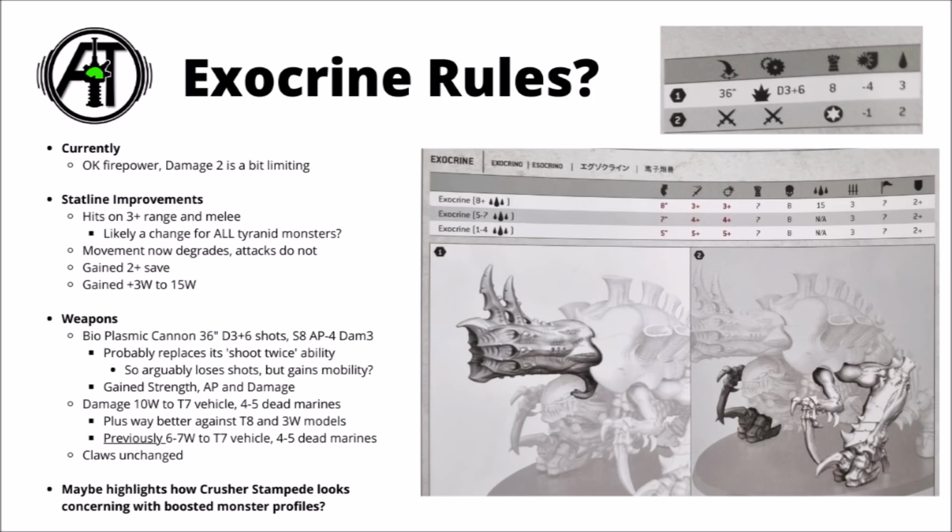Weapon-wise, it's armed with a bioplasmic cannon, 36 inches, D3+6 shots, strength 8, AP-4 and flat damage 3. Previously it had 6 shots or 12 when it was stationary, strength 7, AP-3 and damage 2, so that's generally quite an all-round decent improvement, but I strongly suspect that just by looking at these stats, it's almost certainly going